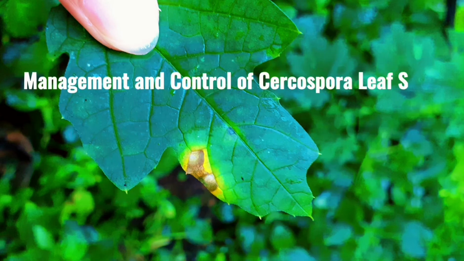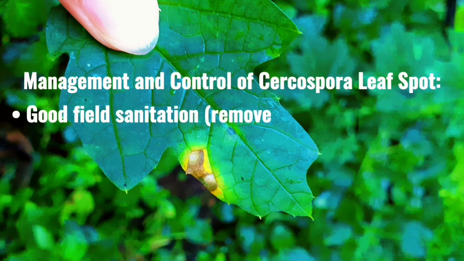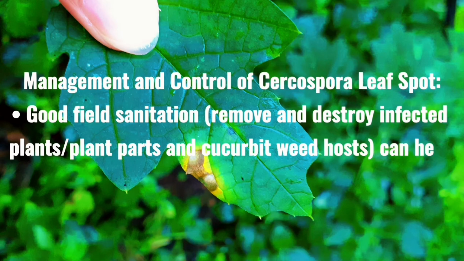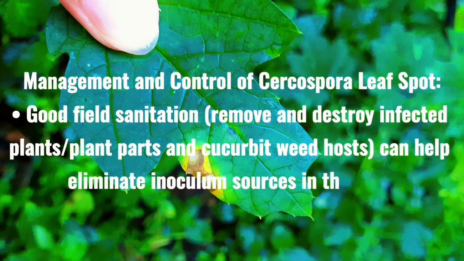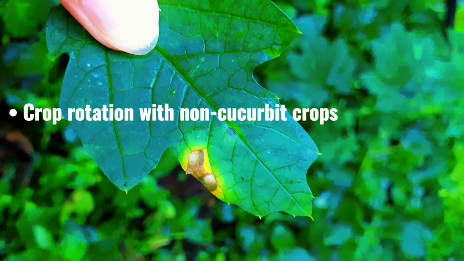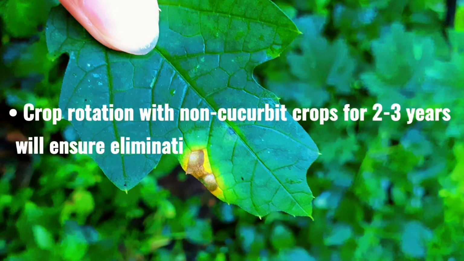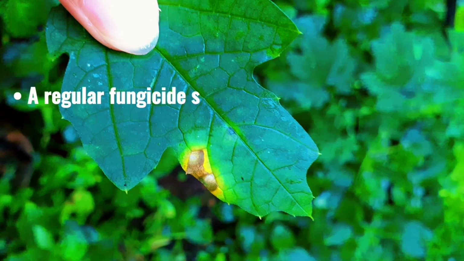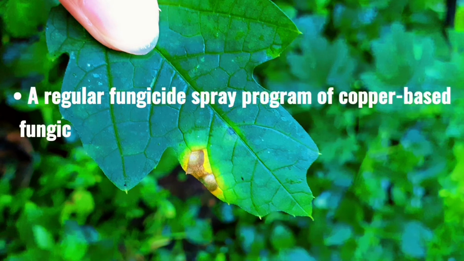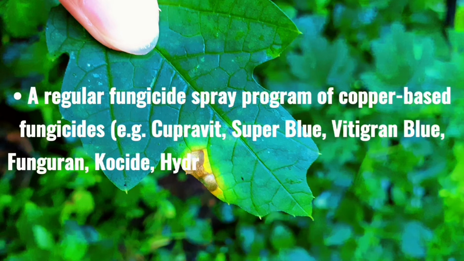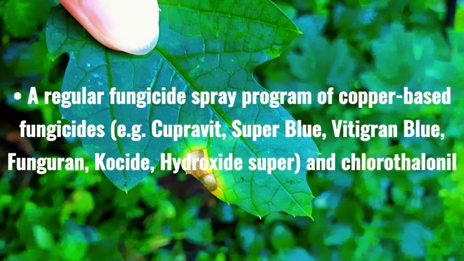Management and control of Cercospora leaf spot. Good field sanitation: remove and destroy infected plants or plant parts, and cucurbit weed hosts, which can help eliminate inoculum sources in the field. Crop rotation with non-cucurbit crops for 2 to 3 years will ensure elimination of inoculum in crop residues. A regular fungicide spray program of copper-based fungicides, for example, Copravit, Super Blue, Vetigran Blue, Fongoran, Foside, Hydroxide Super, and